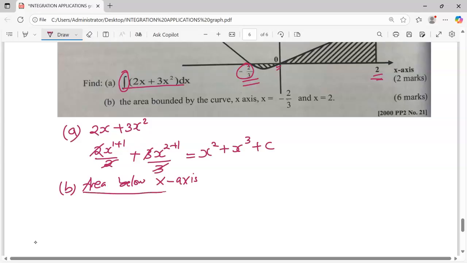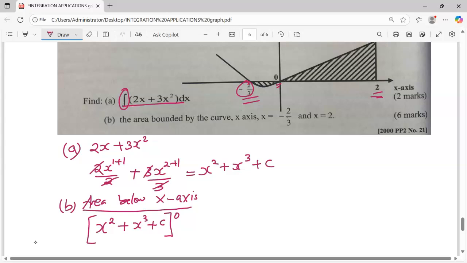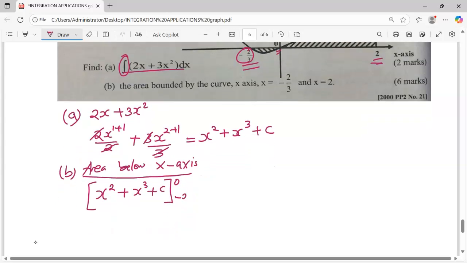The area below the x-axis is between x is equal to negative 2/3 and 0. So we are going to take x squared plus x cubed plus of course c, then we introduce the limits. That is, the maximum value is 0 and the lower value is negative 2/3. From this point,